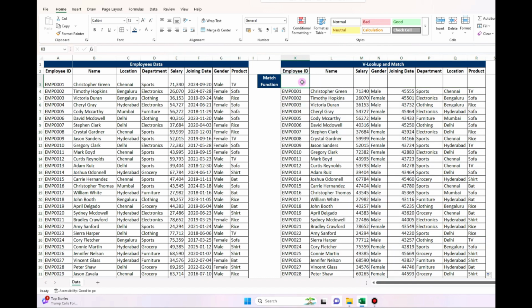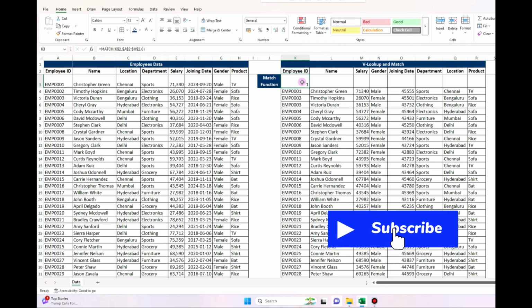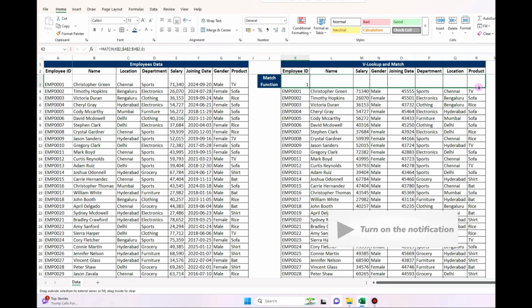The MATCH function will bring the exact position of a selected lookup value like this. This is how the column index number is getting